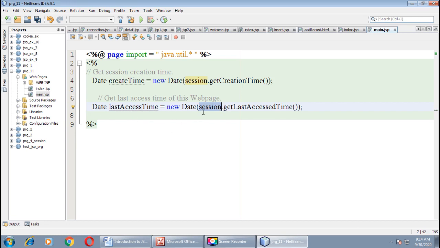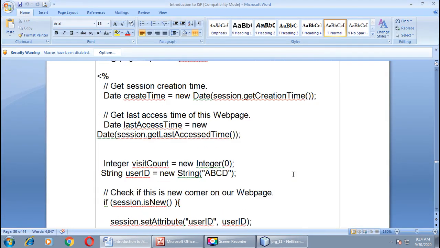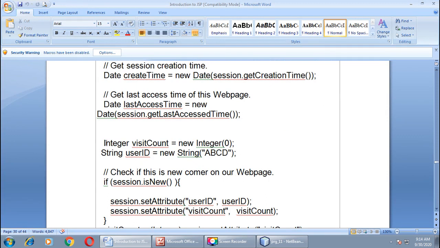Okay, as you know that session is a default implicit object of JSP, so no need to define it externally. Fine. So here we took session.getLastAccessedTime. In the next line we define one integer value, Integer visitCount equals new Integer(0). This will initialize this variable with the value 0.